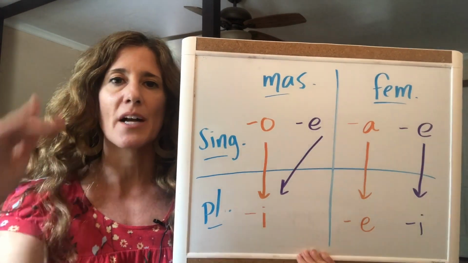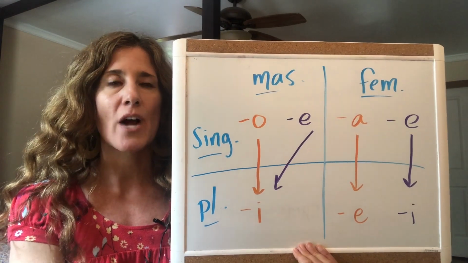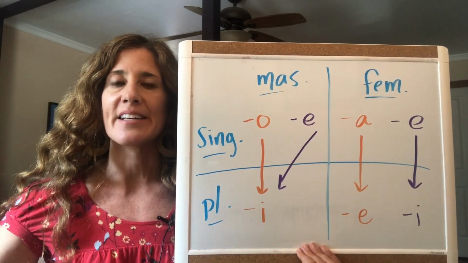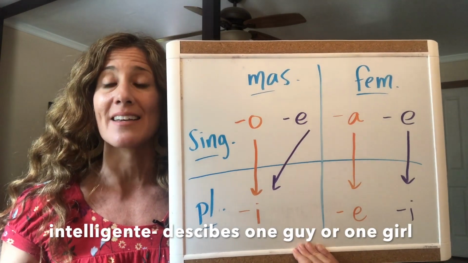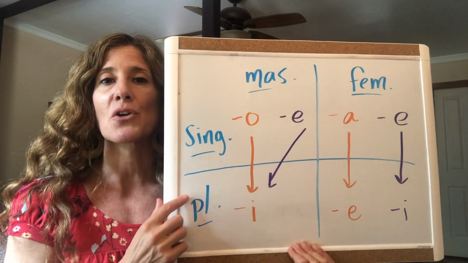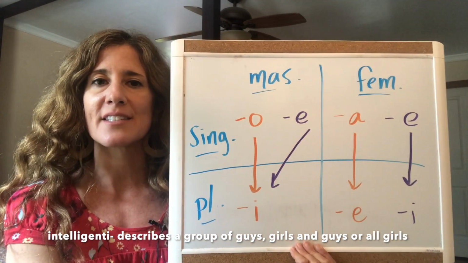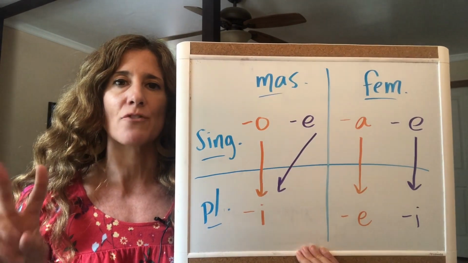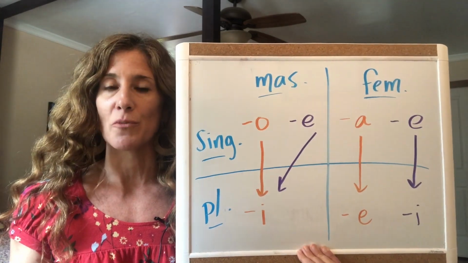Then we have here in purple the masculine and feminine adjectives that end in E, like we saw in that list. Intelligente can describe either a man or a woman. We would say lei è intelligente, lui è intelligente. It has the same ending. And then if you make it plural, the E changes to an I in both cases. So like I said before, those adjectives ending in E in the singular form only have 2 choices, singular and plural. There's no gender involved, okay?